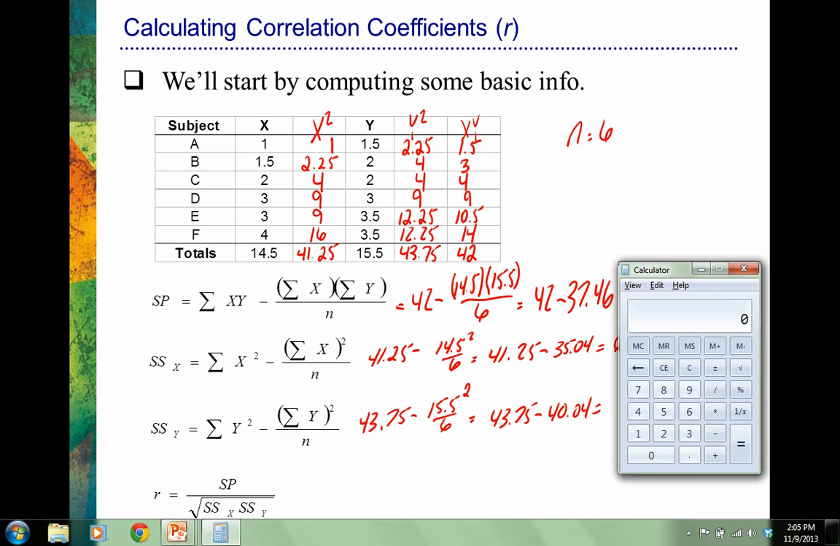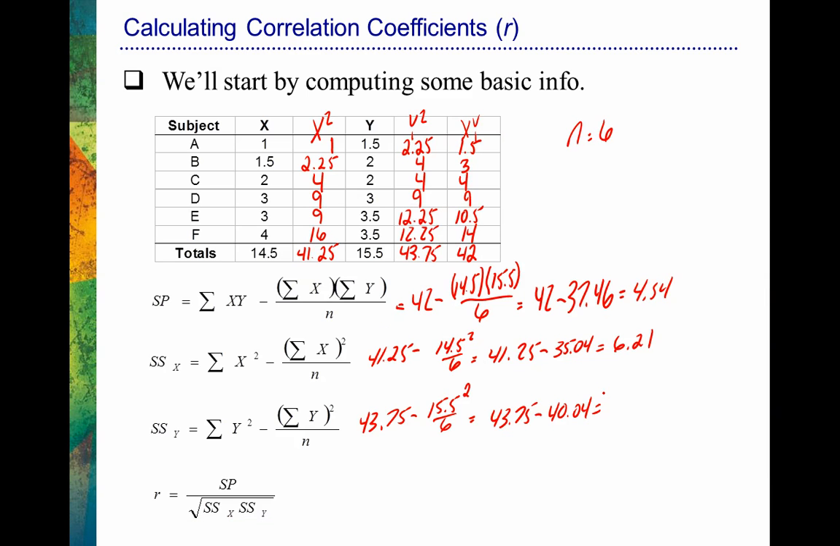We're left with 43.75 minus 40.04, and that equals 3.71. All right, 3.71. Now we have all these three values that we need for this equation. So let's go ahead and compute our R value. So the sum of the products equals 4.54. That's in our numerator. We're going to divide by the sum of squares x, 6.21,